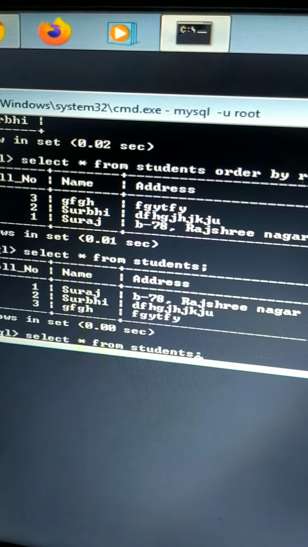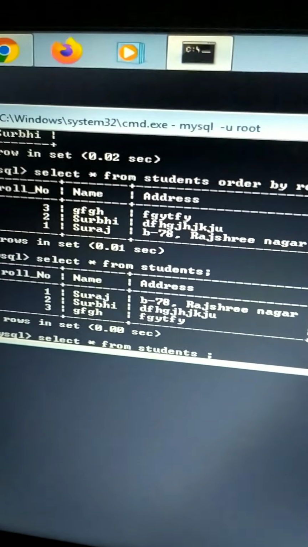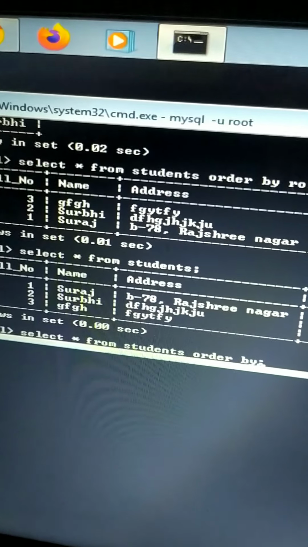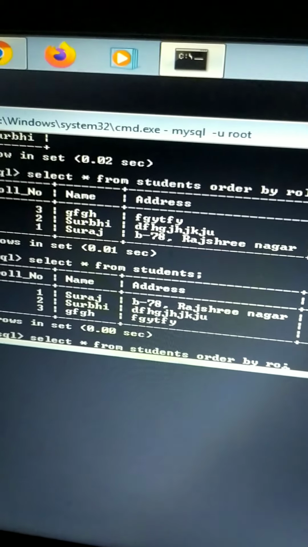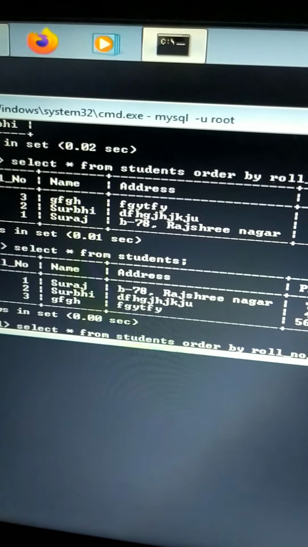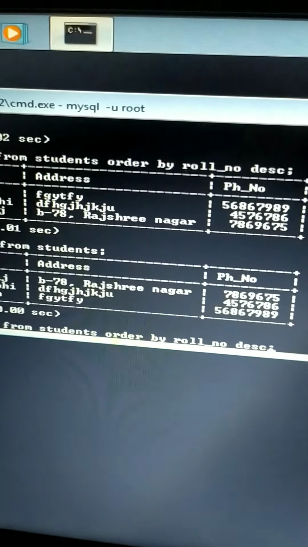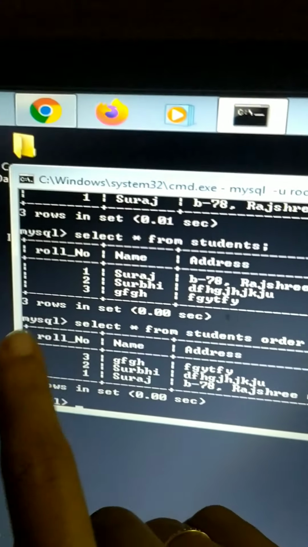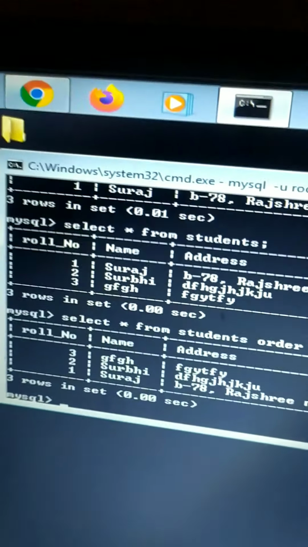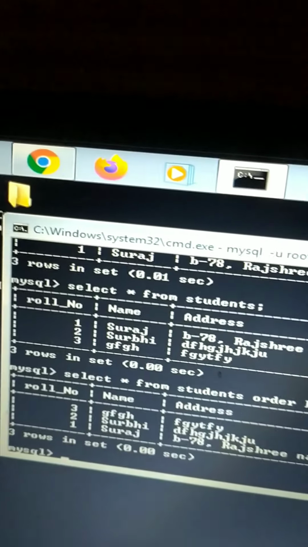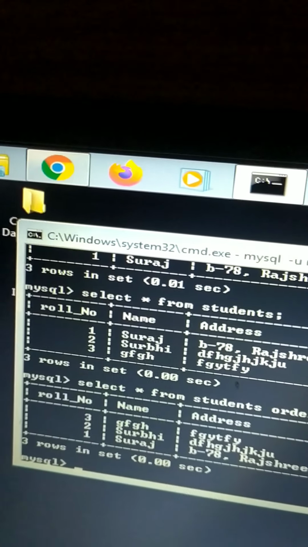Select star from students order by roll underscore number DESC, that is descending, and click on enter. So it will be displayed in descending order.